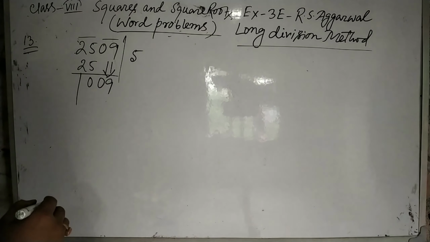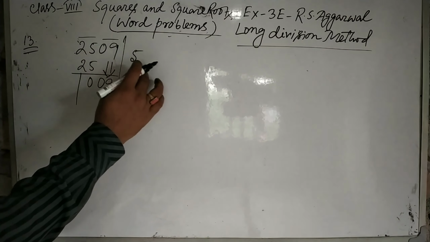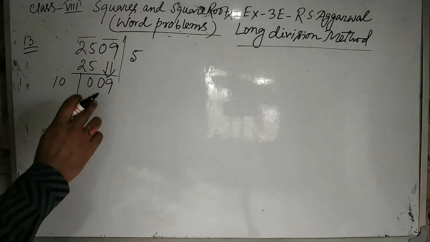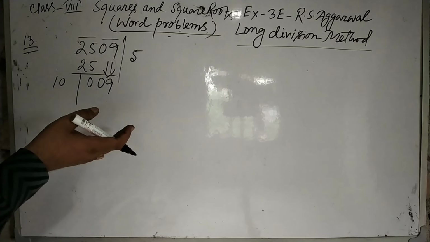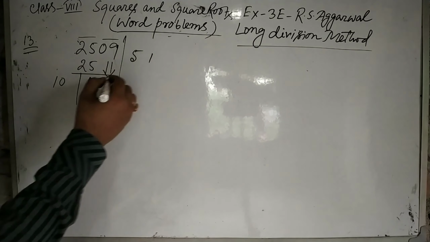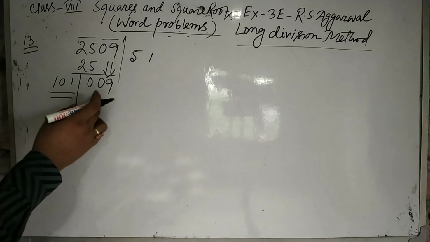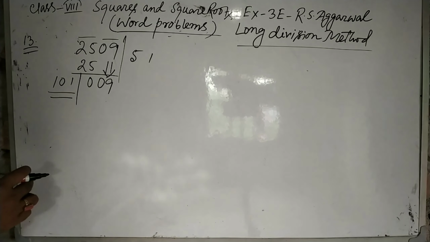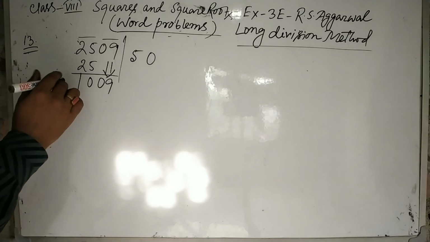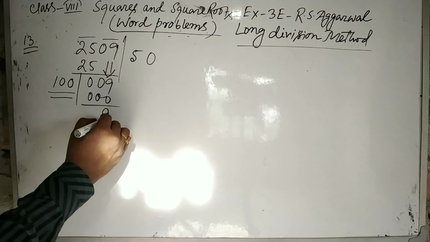Okay. Now look, in the next step we have to write down twice of this number, that is 10 here. Now we have 09, that is ultimately 9, and 10. So if we write 1 and 1 here, then 1 into 101 is already greater than 9. So what we have to do? We can take only a 0. Okay? 0 into 100 gives you 0, 9.